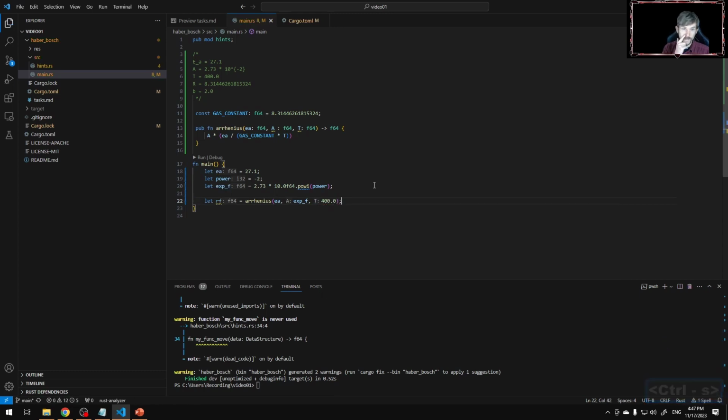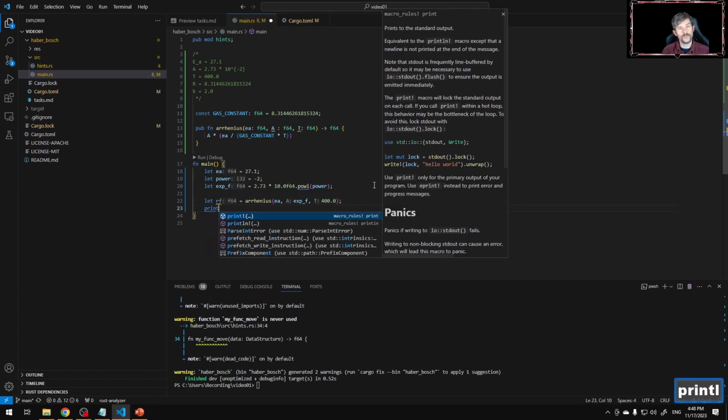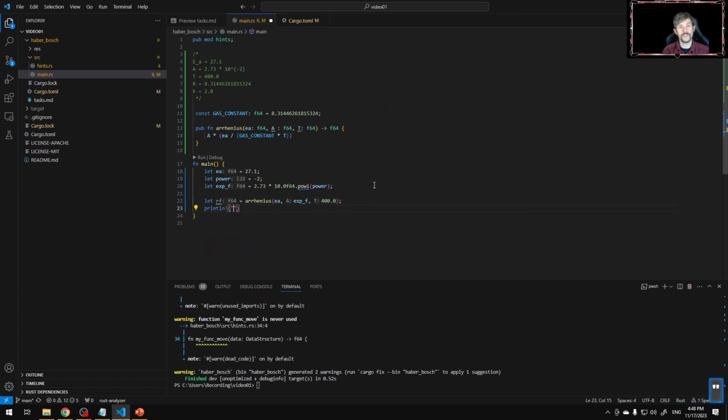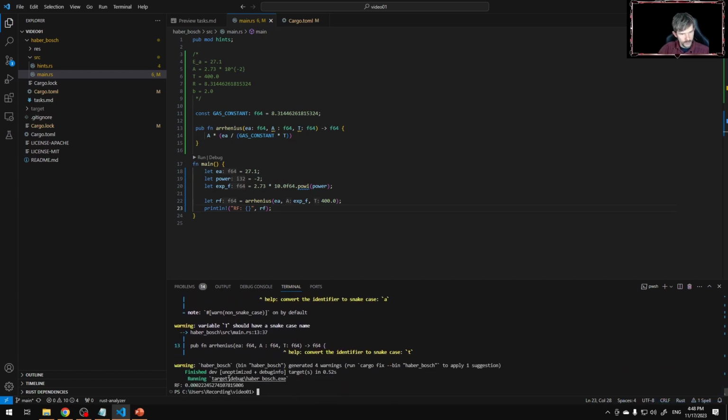We define it in this case as 400, and then we can use the println statement that was also in the hello world files, and say rf equals rf. And now we're ready to hit the terminal, run cargo run, and we see, okay, it's some small number with a 2 somewhere after the comma, like